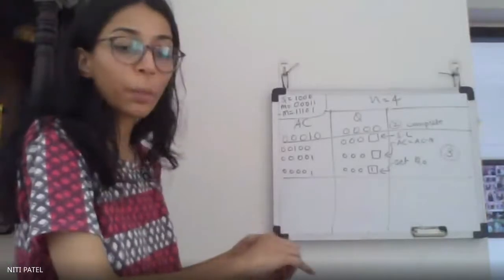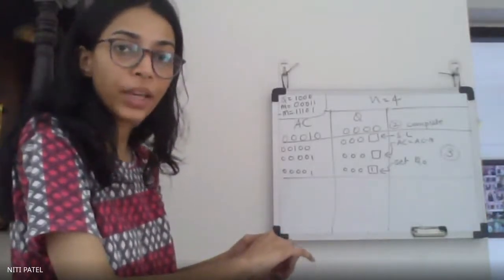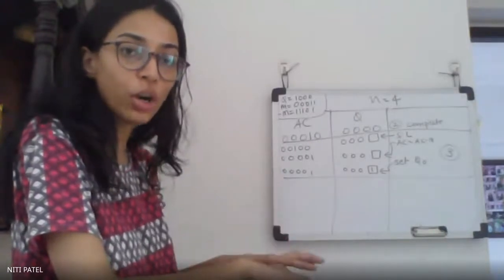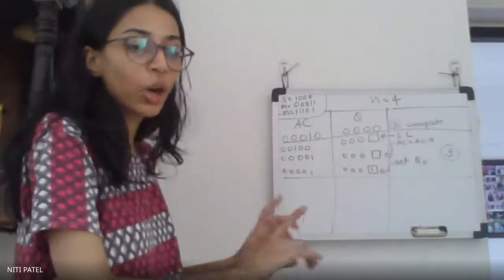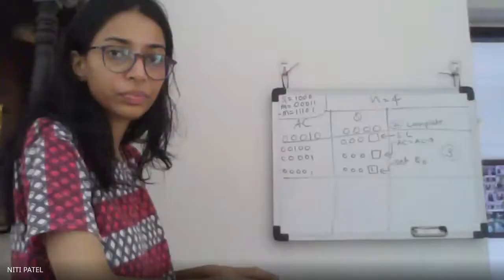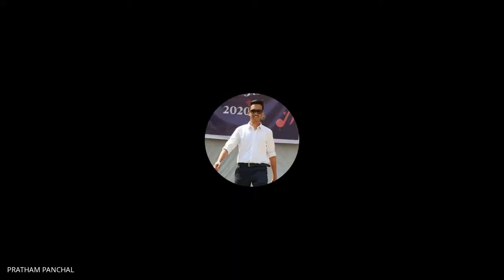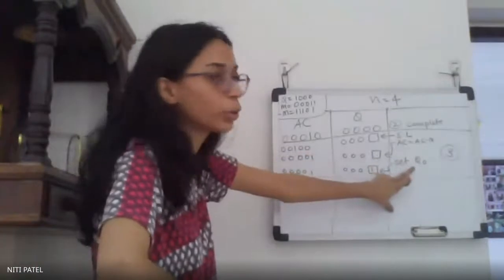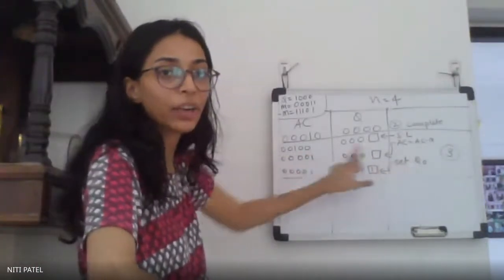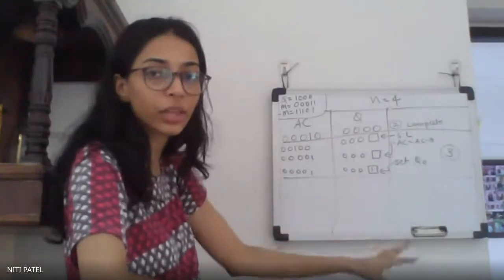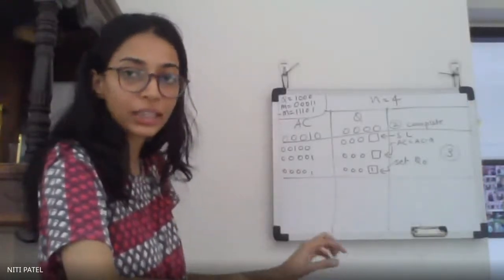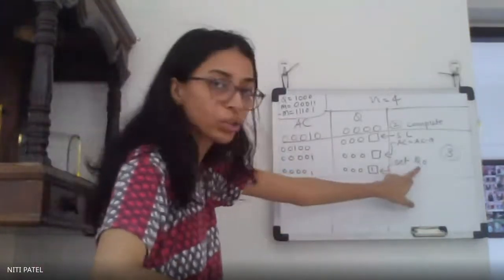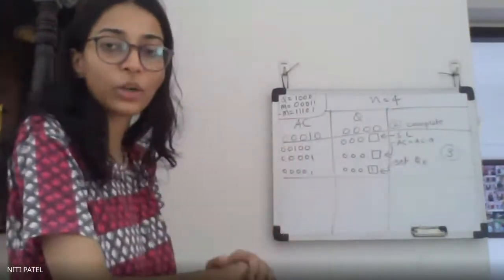After you perform AC is equal to AC plus M, that will be the last step when you change from 1 to 0. And when you change from 0 to 1, setting the Q0 bit will be the last step. Because after AC is equal to AC minus M, you set the Q bit. After the Q bit, if you have changed from 1 to 0, then you do AC is equal to AC plus M. So AC is equal to AC plus M is the last step of the cycle. If that is not done, then set Q0 will be the last part of the cycle.